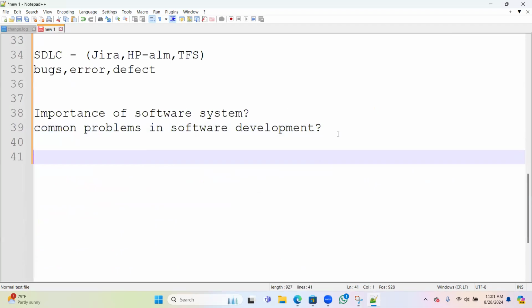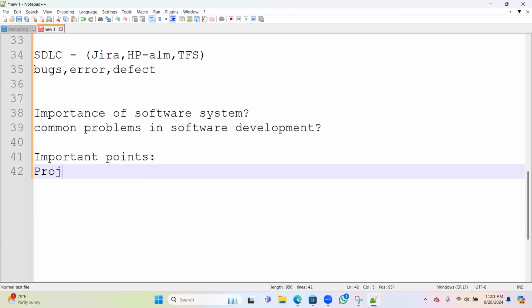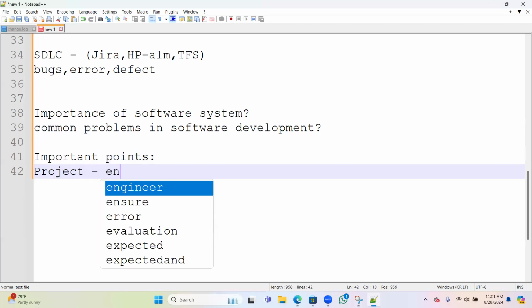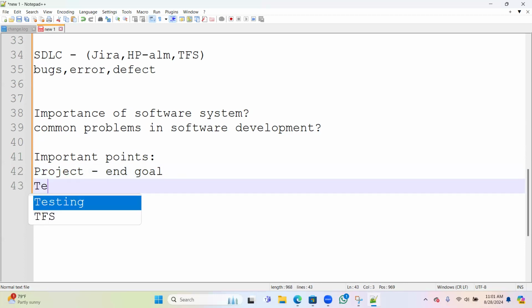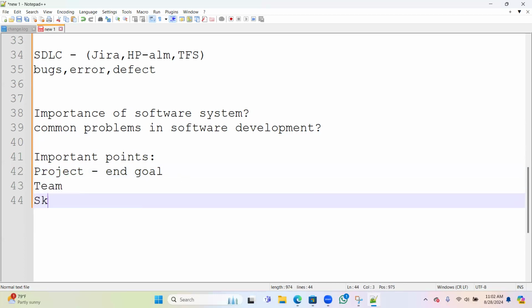Some important points to be remembered: what is the end goal, meaning what am I achieving out of this project. What are the dependencies, who is working on it. You should know about your team and the skills required for the project, or I would say the technology.